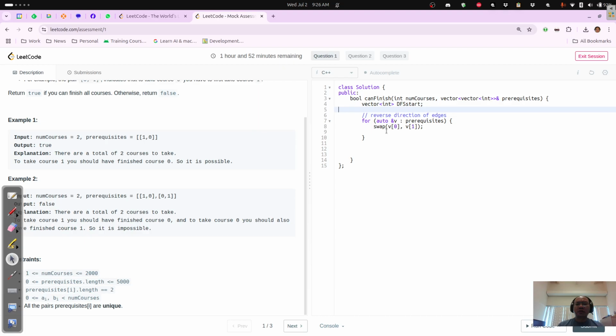Oh, actually let's use a vector boolean. So at the beginning, all of them can start. But then here, when I see that I have an edge from v0 to v1, because I swap it now, so v1 cannot start. Okay. And then